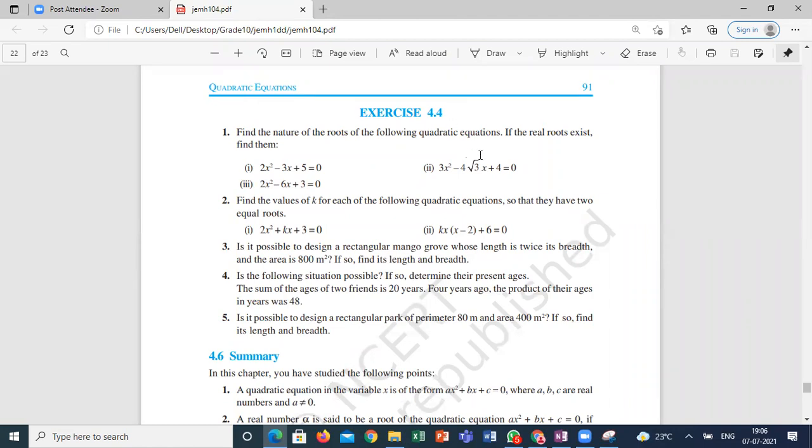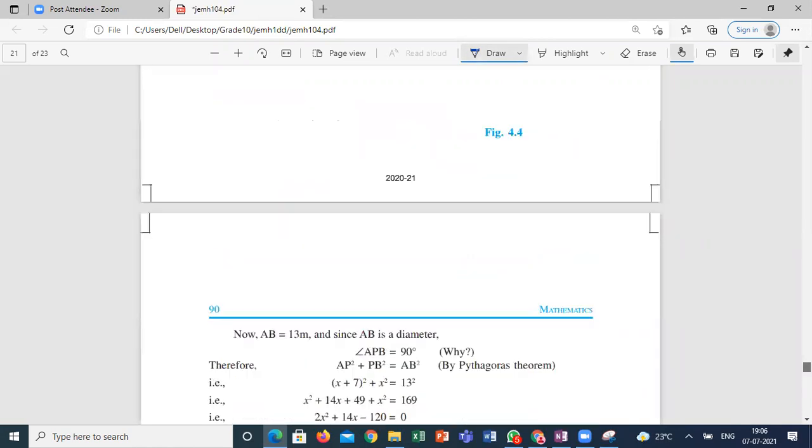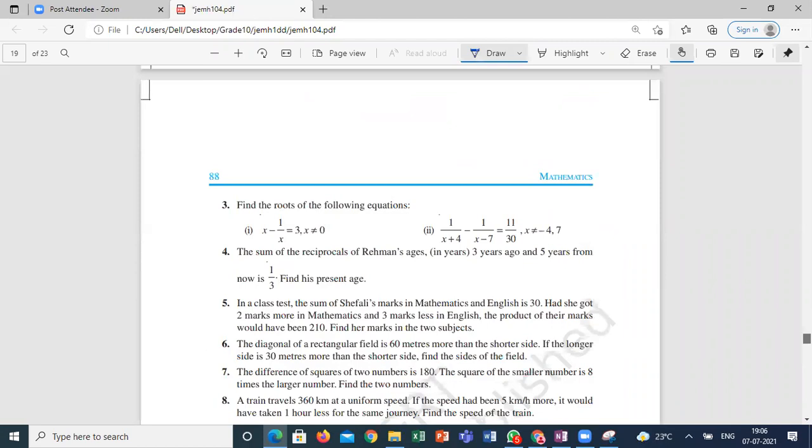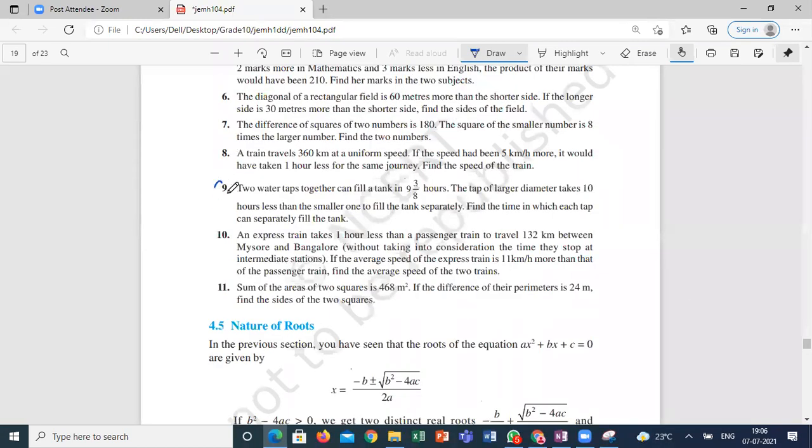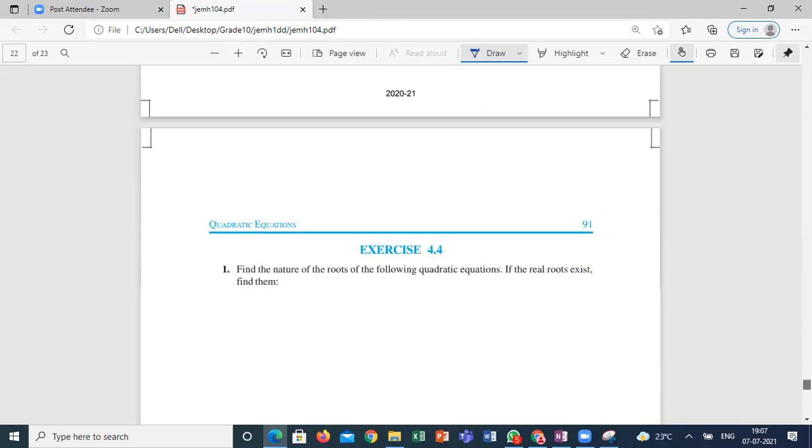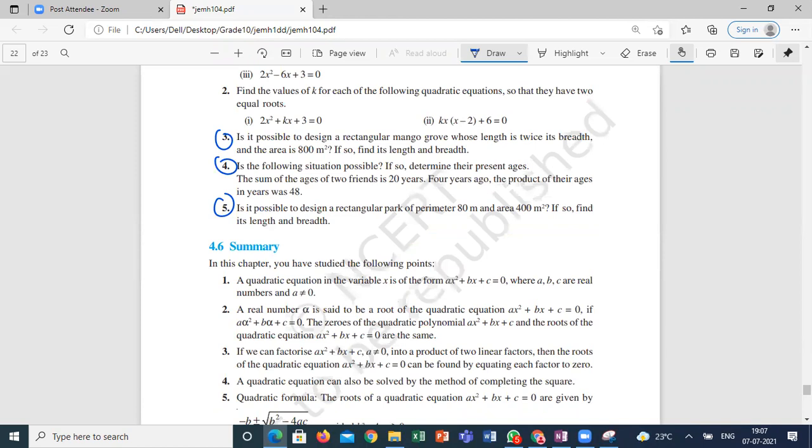The last 3 questions, 3, 4, 5, of the previous questions we can discuss in next class. Please try to consider these 3 questions also as homework, and the previous exercise 3 questions also. Just try. I'm not pressuring you, I'm not compelling you that you have to do and submit. Please try, and I will come with some other examination oriented questions in next class. If everyone is having no doubts and we are comfortable, then we can start the arithmetic progression in the next class itself.